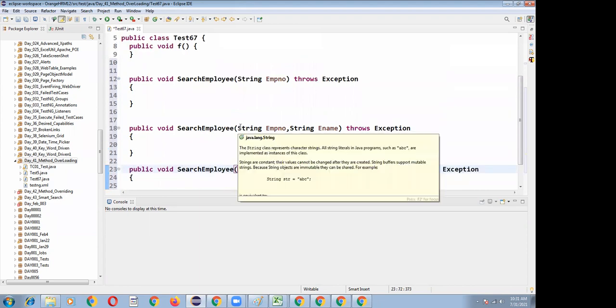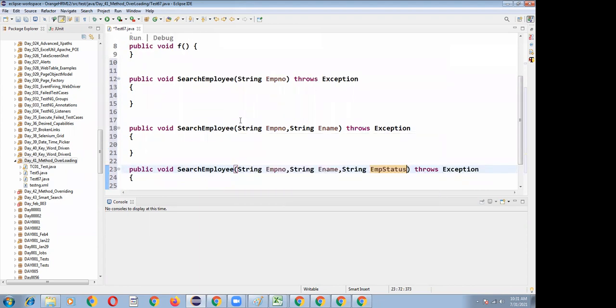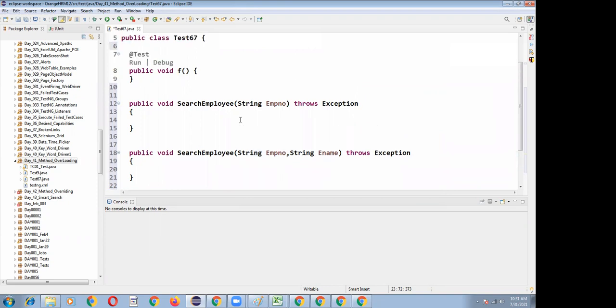This concept is known as method overloading: writing the same method multiple times within the same class.